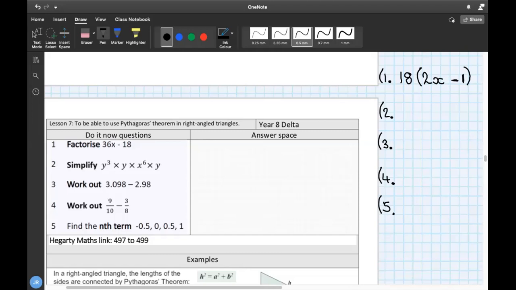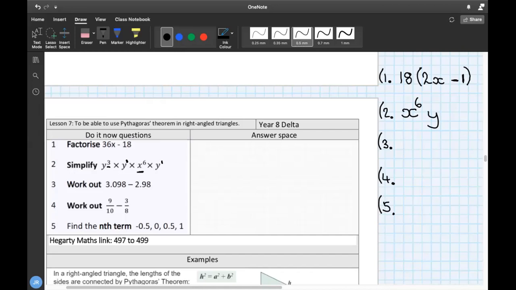Okay, next, number 2. Here we're simplifying this expression. I can see that I've only got one term that begins with an x. So I'm going to write that at the start. That's not going to change at all. We have no other terms there that we're multiplying together. I now need to think about my y's. So we're multiplying